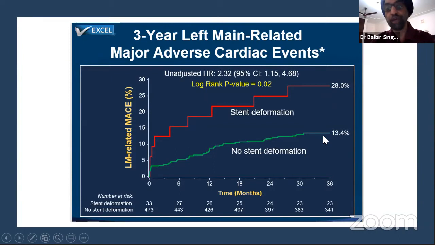Stent deformation is bad. Stent boost helps you to diagnose stent deformation, but not in all cases. So some kind of imaging is very useful. You may not always require another stent to correct deformation, but you require high pressure balloon dilatations. Make sure your lesion is good. Make sure there's no dissection in the proximal part, like we confirmed on OCT after we had corrected that deformation, that there was no proximal dissection, and we didn't need another stent in that case. So this is very important to understand.